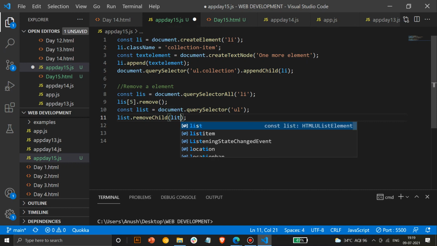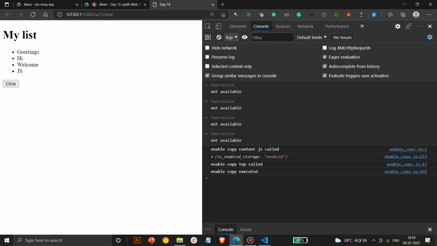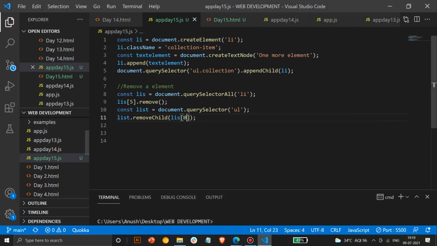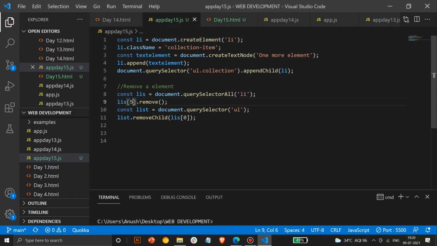What I'll do is lis, and I'll take that particular element. So I'll take 1, I'll take 0. So you have to specify that in the bracket. I forgot that because there are so many functions in JavaScript. Normally, if you have to delete a particular element using an li, you can do it by calling query selector all, which selects all the elements for li, and then you can call a specific index. If you have to delete one, you can use 1, 2, 3, any of that. And if you have to delete using ul or the parent element, you have to use the remove child method. Here also you can delete it in the same way.